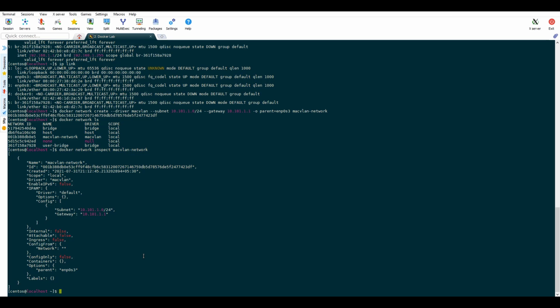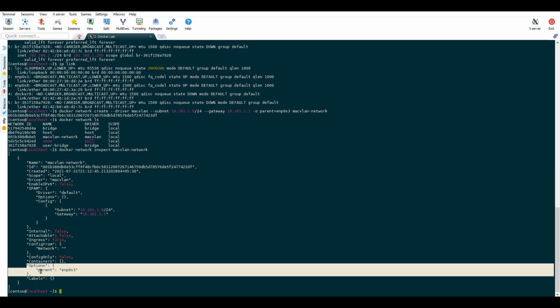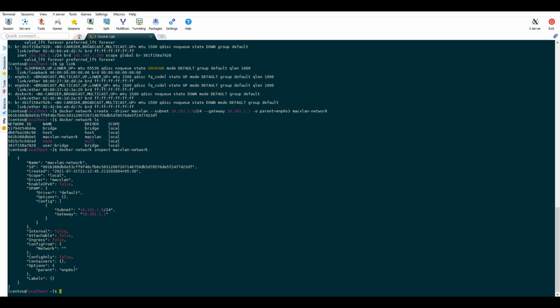The driver is MacVLAN, the scope is local, the container is not created and the options parent is populated. This is required because this is the interface that will be used by this network to route the traffic to the physical Docker host network.